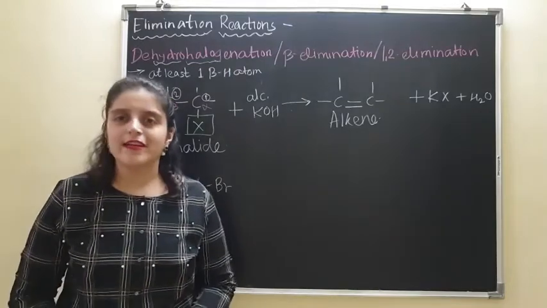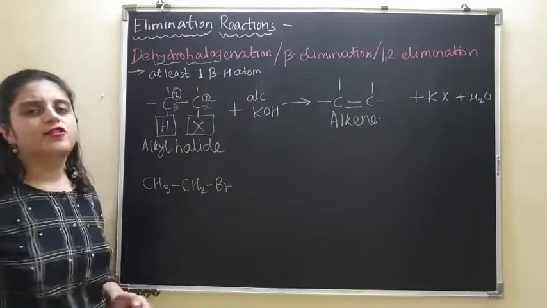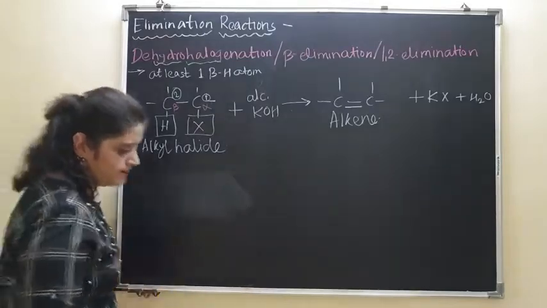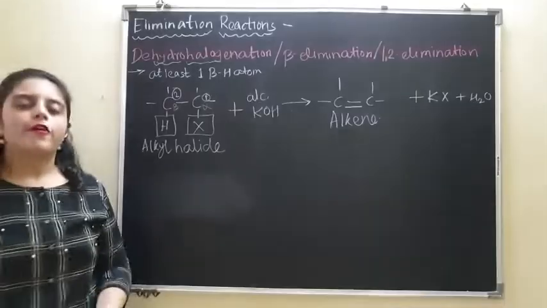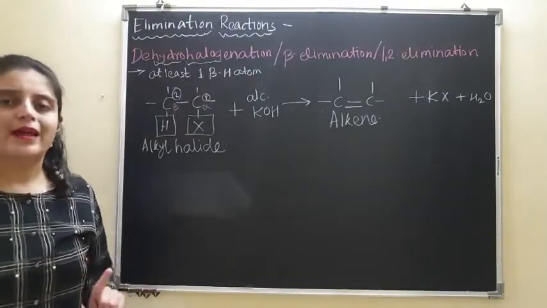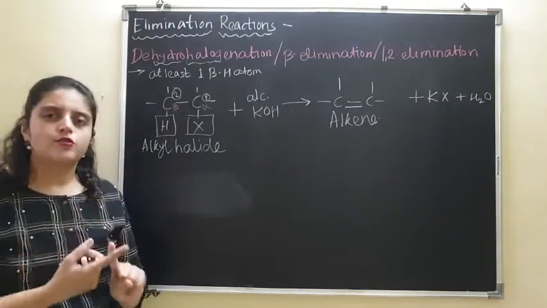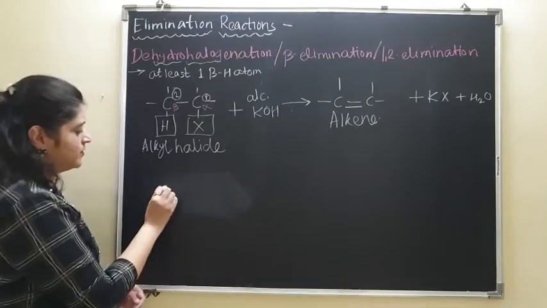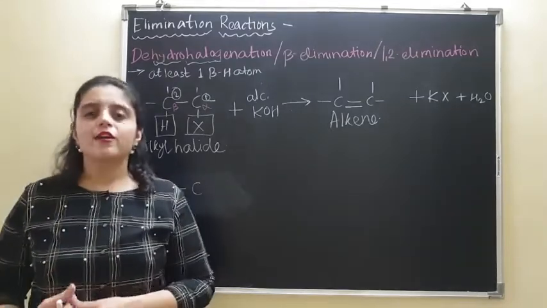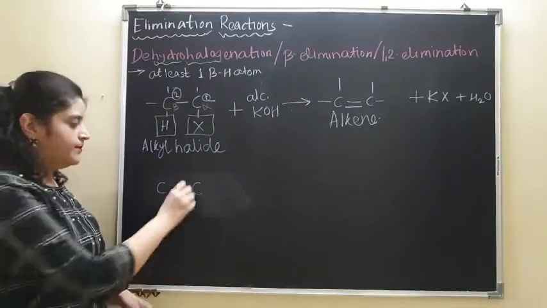But if you are not confident enough, then you are supposed to write the detailed structure of bromoethane like this. Do not go for the condensed formula. Write the structure like this. Bromoethane, so there have to be two carbon atoms. So let us first draw two carbon atoms. While drawing any structure, you have to first draw all the carbon atoms. And I have drawn a single bond over here because we are talking about ethane, A-N-E, that means all the bonds are single bonds.